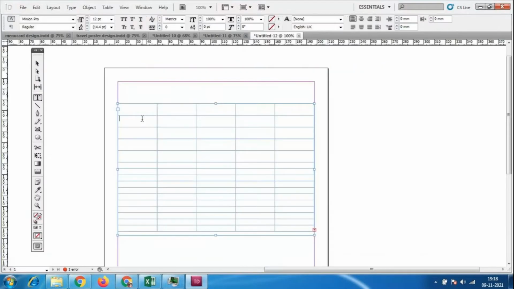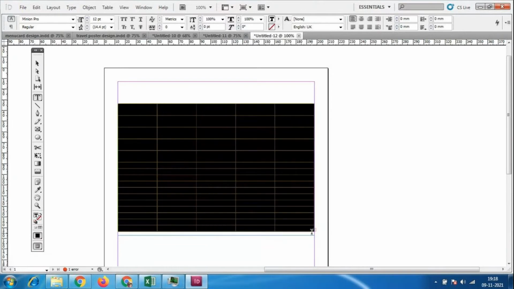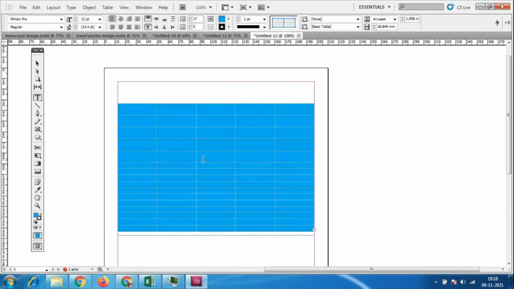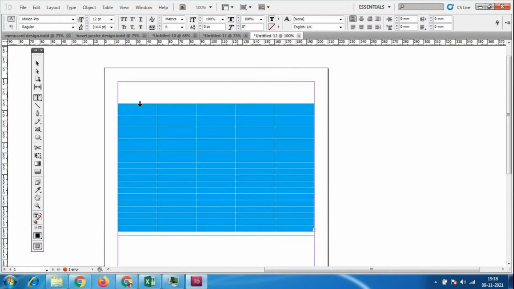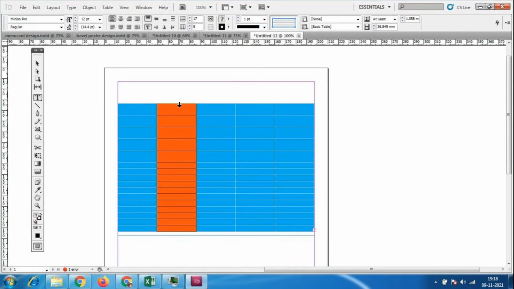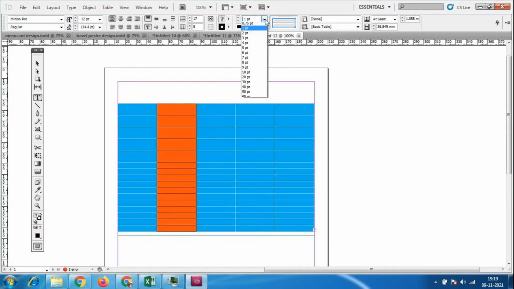Double click on this table. I'll select everything, and I could change the color of the table. Only however much I have taken, only that will take the color options. While you are going to this row, you will have this arrow mark. Click here. Look at here, while you are clicking you will get these arrow marks, then only you have to click this option. Only the area which is selected here, only that much we could add a different color.